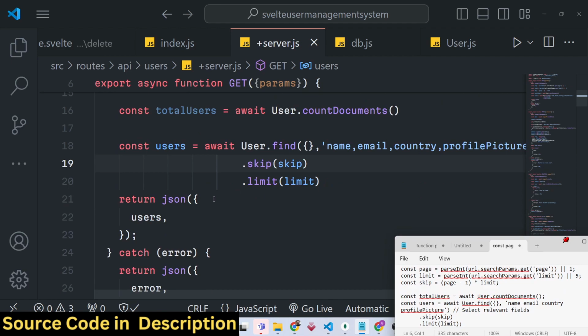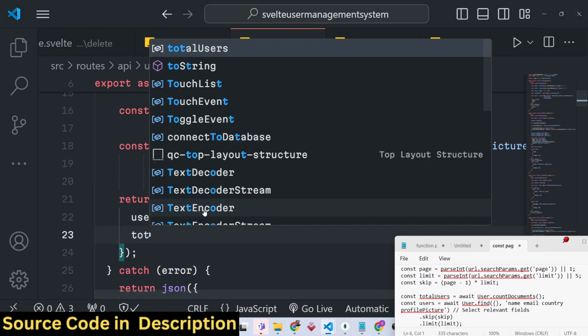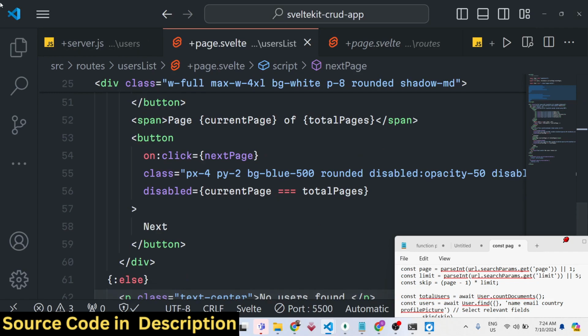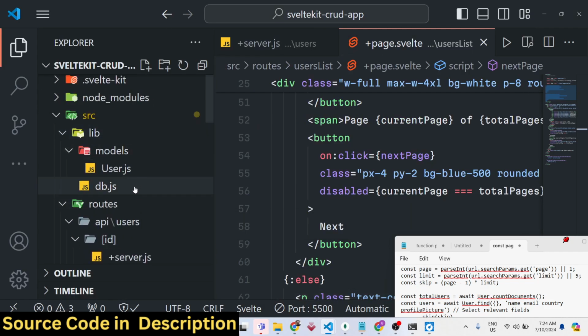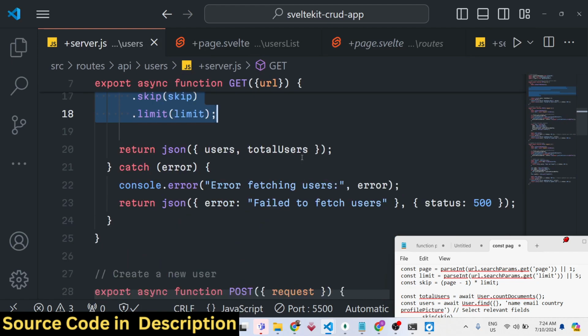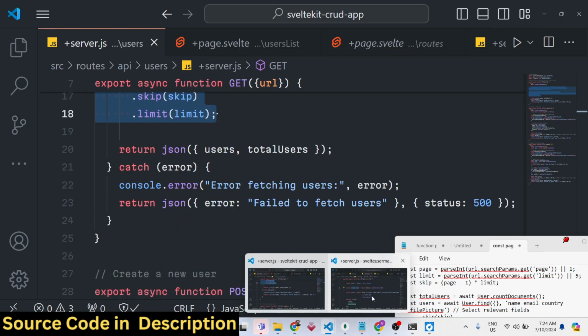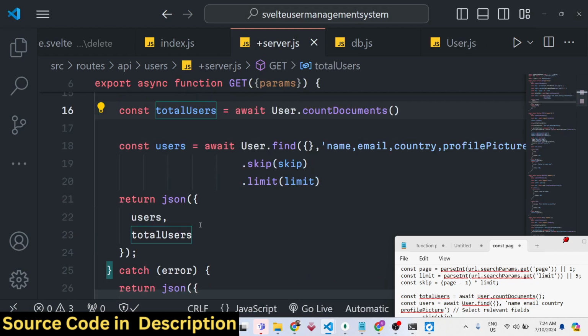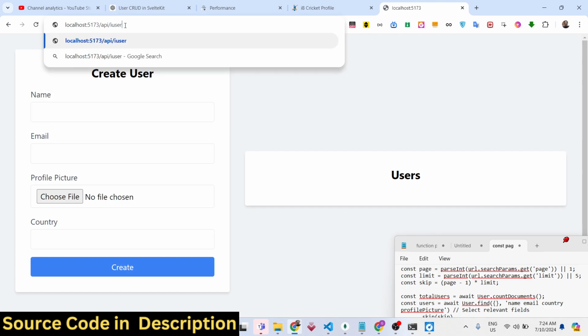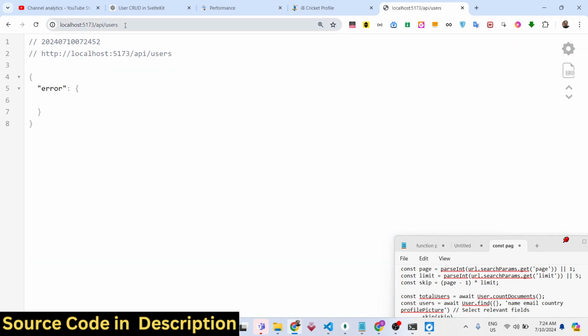And right here we also need to return the total users as a second property. So if you check right here, let me see it. Yeah, as a second property, we do need to return the total users as well, which are calculated by this function, User.countDocuments of Mongoose. So if you now check your API slash users, so if you don't provide a page number, it will